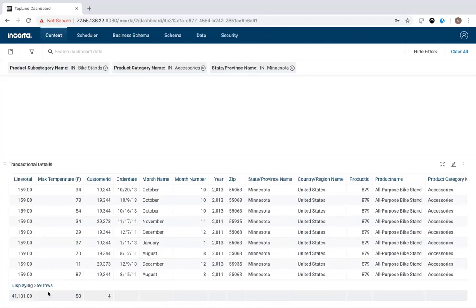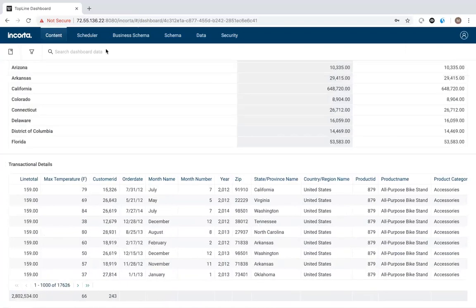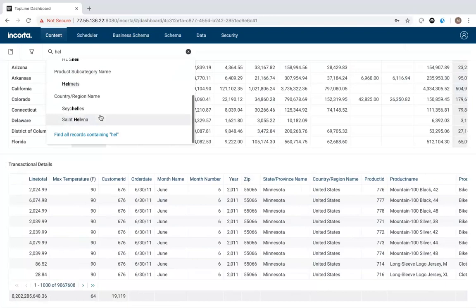It never misses, and keep this in the back of your mind because Incorta handles all your data at full fidelity. And I'll explain what that means. And that's whether I click or whether I decide I want to start searching in here. Now I'm going to look for bike helmets. Start typing that. I got product names of that helmet. I've got subcategories. I've got categories, country regions, anything with an HEL.